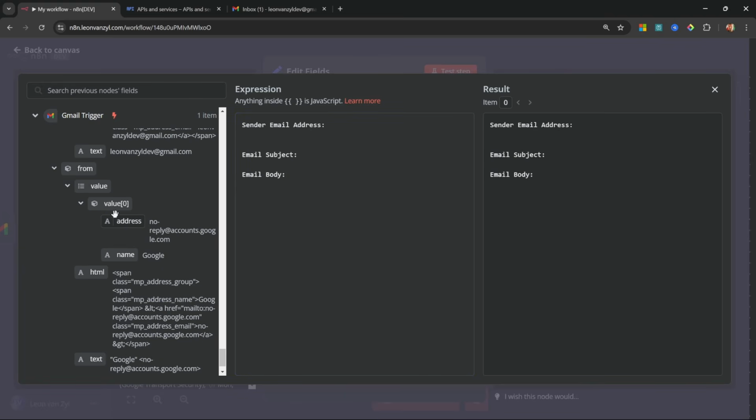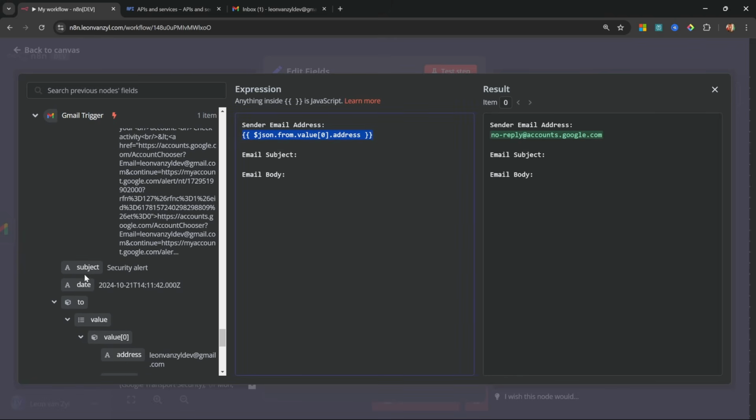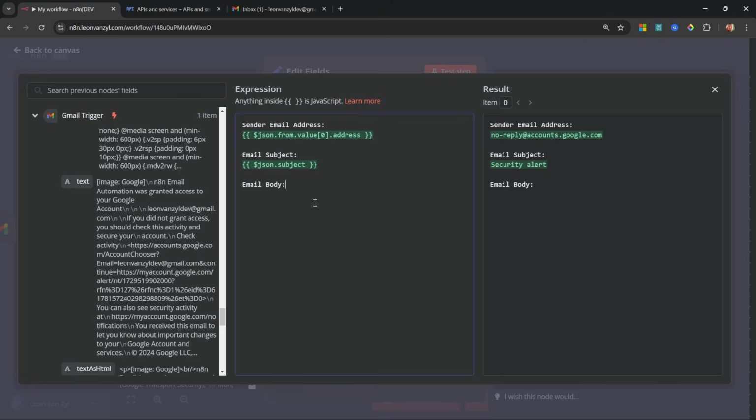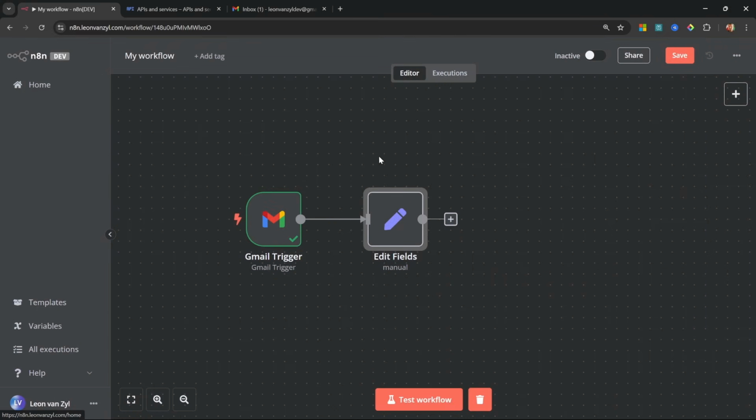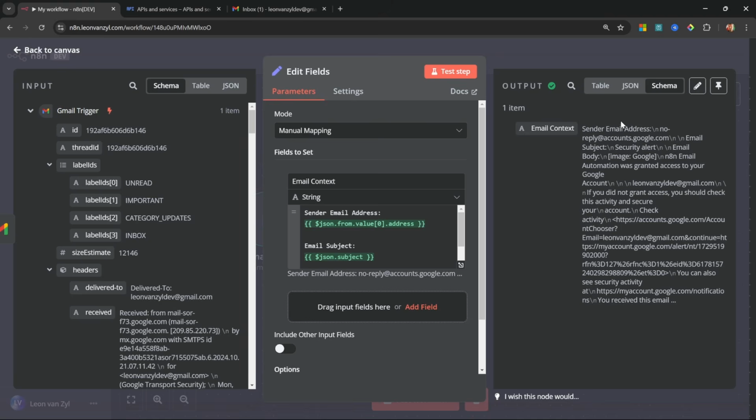within from, we'll simply grab the email address field. Then let's do the same thing for the subject, like so. And for the email body, let's add this text field from the Gmail trigger. So now we've taken those individual fields and generated a context that should look something like this. And we can pass this context to our agents further down in this workflow. Now let's go back to the canvas. Let's run this node, and this node will pass back one value with all of that information formatted into a